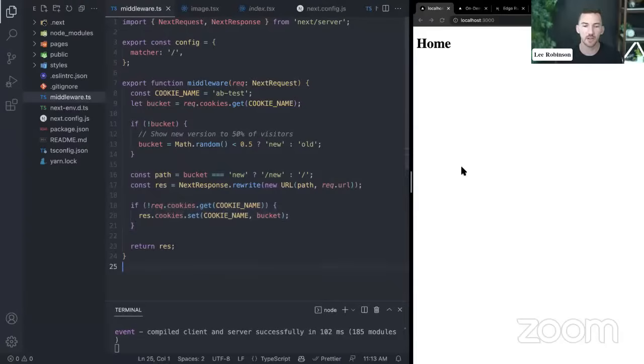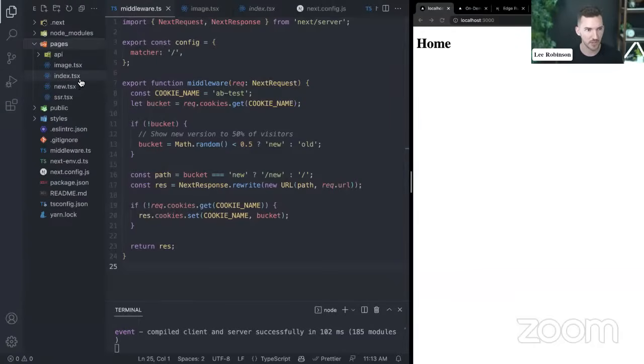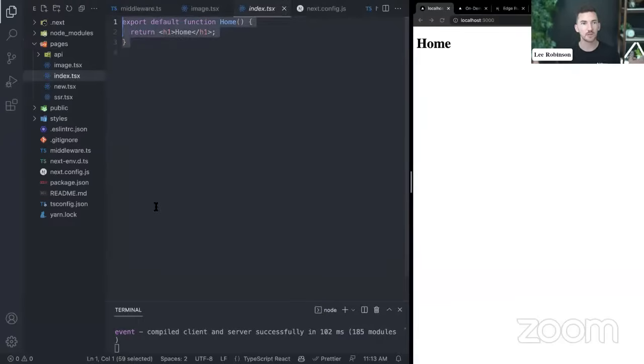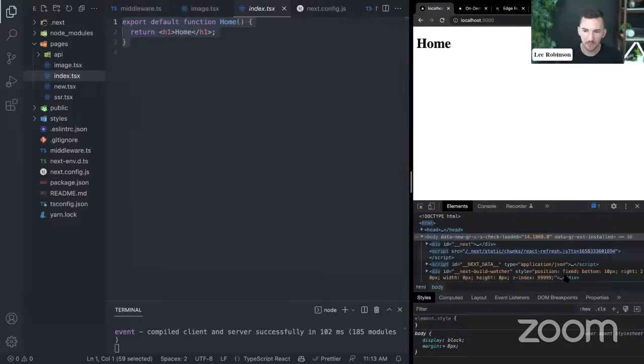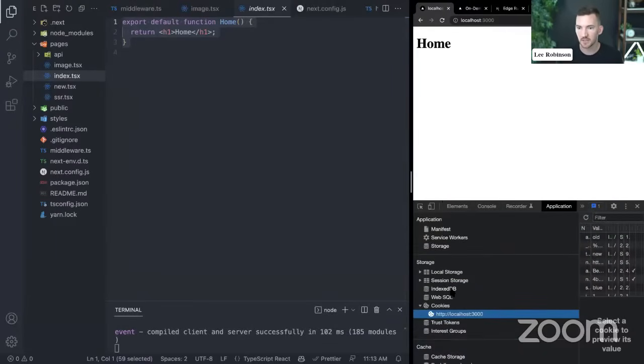So what does this look like? Well, on the right, I've got my dev server running here. I reload the page and I'm seeing home. So I go to pages/index, and all this is doing is a very simple React component that's just rendering an H1 of home. But if I pull up my console and I go into application and I go into cookies